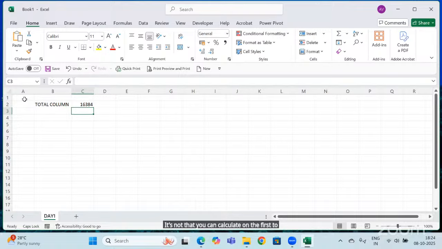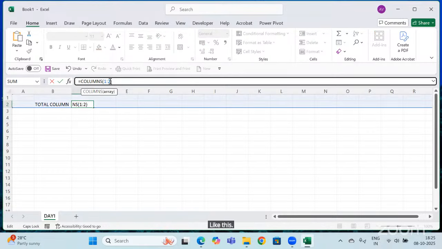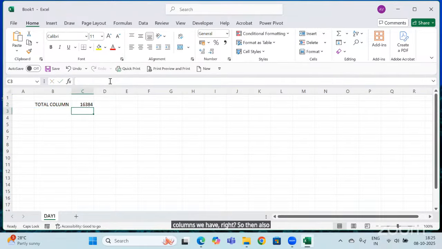You can calculate 1:2, and the answer will be the same, because then it will take two rows at a time and go to the wider side of your columns, from the starting to the end. So then also you will get the same answer.